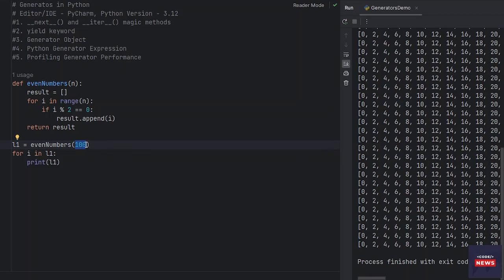But let's say the number is very large, and we want to get all even numbers up to that number. Then we will have a problem. Our program will take lots of time to execute. It will not be memory efficient, right? If we run this program,